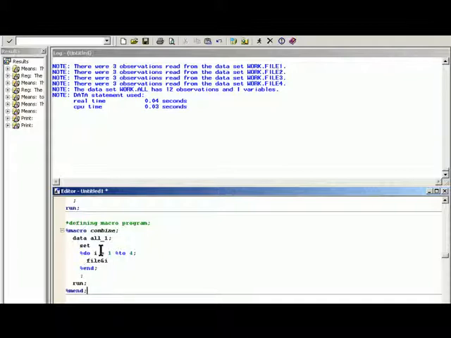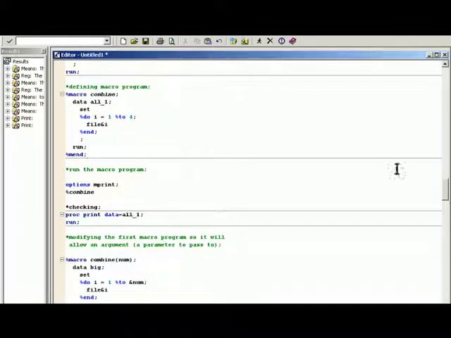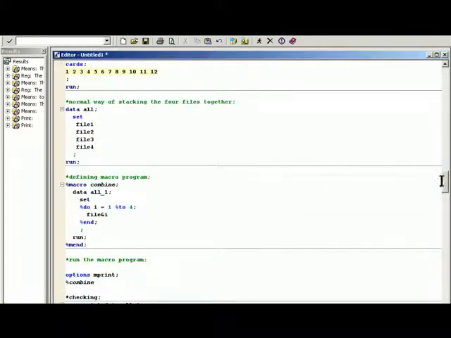So let's see what we're defining here. What I'd like to do is make this window larger so we can compare the macro we're defining with our original program here. So here we're saying data all_1, just to give it a new file name as compared to this data all. Set, same as the set. Now we've got file 1 up to file 4. So what's the pattern here? That each of these start with file, but they go from 1 to 2 to 3 to 4,